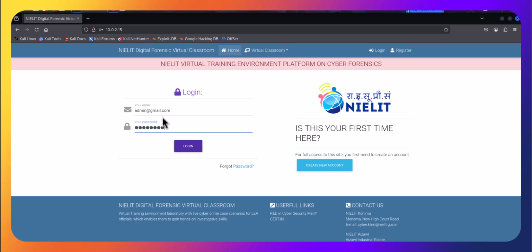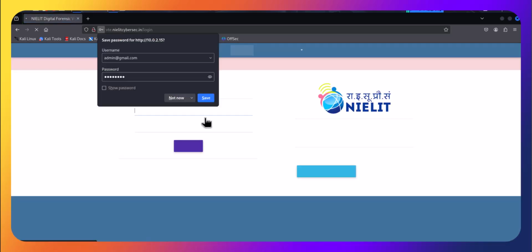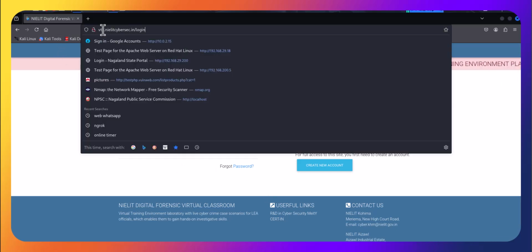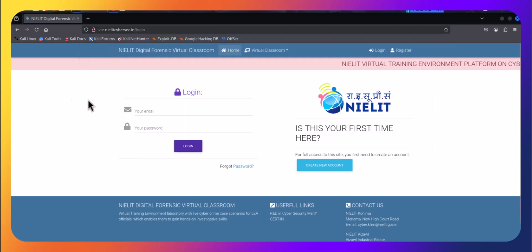It was hosted somewhere else, and not the actual one, but incidentally, if the admin has entered the credentials in this login page, you know what happens next. So I'm going to click on the login. Okay, no login, no complaint, redirected to the actual vte.nilitcybersec.in. Now, if we come back to our terminal